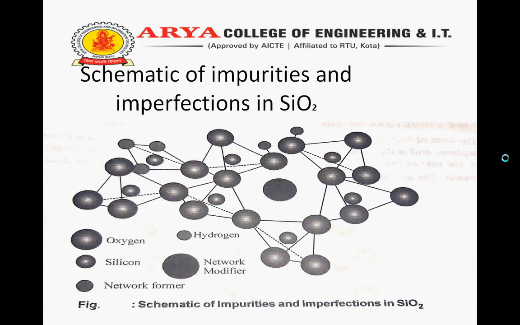Other impurities are intentionally incorporated into thermally deposited SiO2 to change its physical properties. Substitutional impurities that replace the silicon atoms are called network formers. The most common network formers are boron and phosphorus. These impurities tend to reduce the bridging to non-bridging ratio, which allows glass to flow at lower temperature.